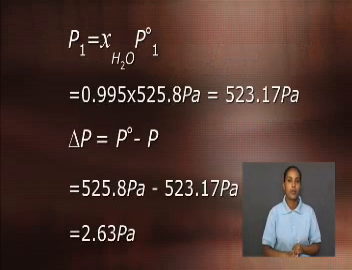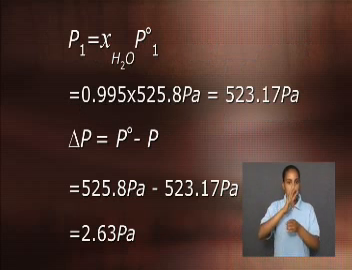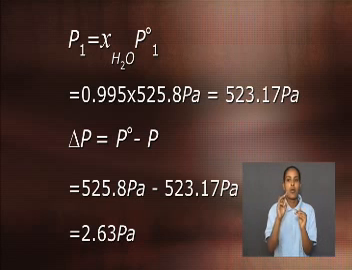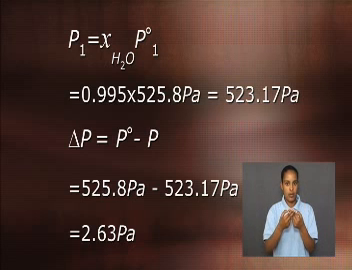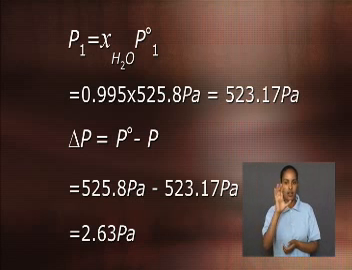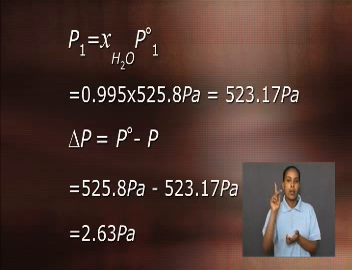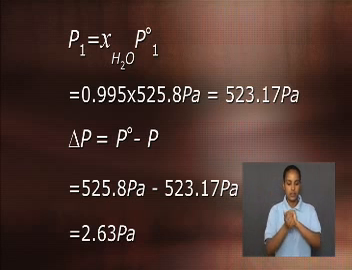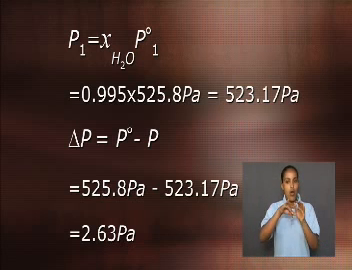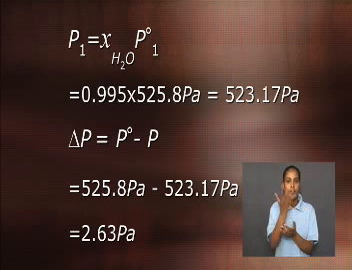Thus, the vapor pressure of water in our solution is equal to the mole fraction of the solvent in the solution multiplied by the vapor pressure of the pure solvent. The answer is 523.17 pascals. The change in vapor pressure, or the vapor pressure lowering, is equal to the vapor pressure of the